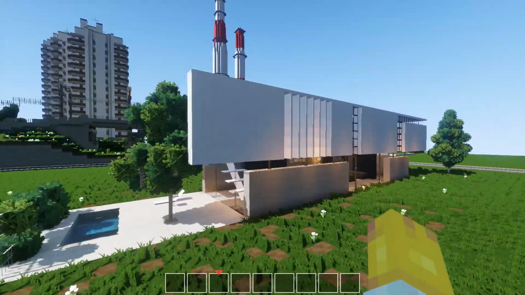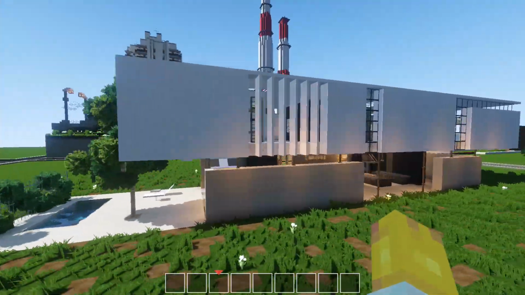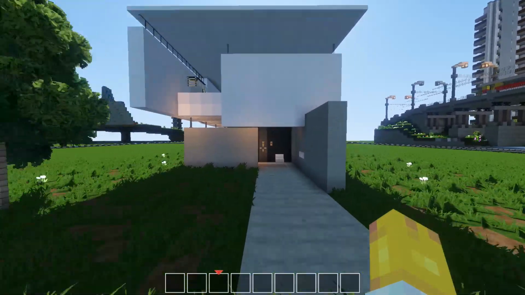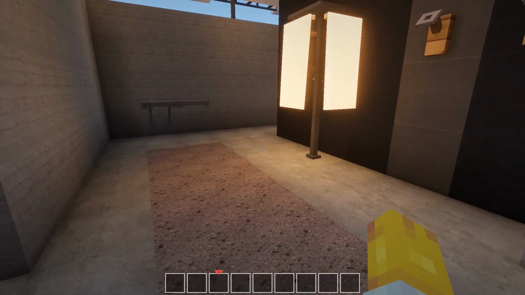I'd say way more on the simplistic side, but it's beautiful. I love the shapes and the simplicity, how it just works so well. Just look at it from the front. It is pretty wicked. And then when you get inside, you've got this lovely little porch area,